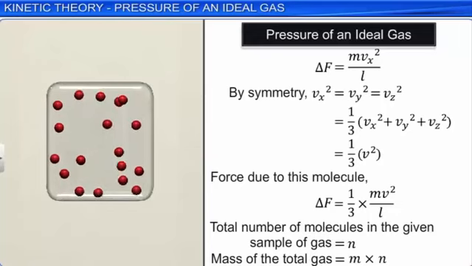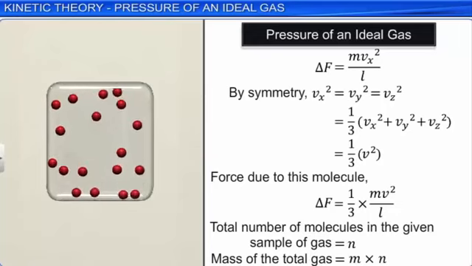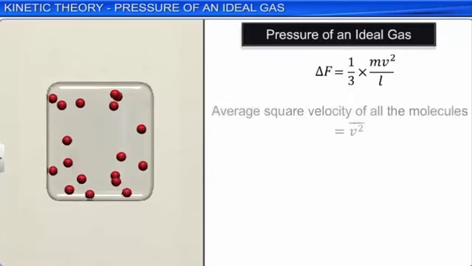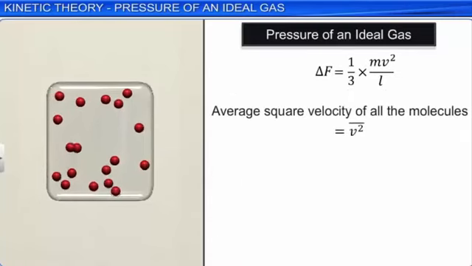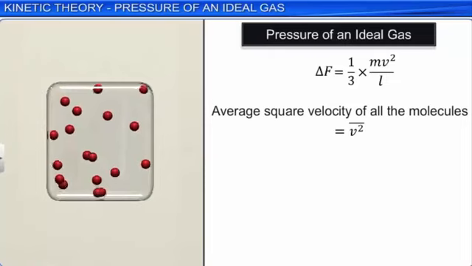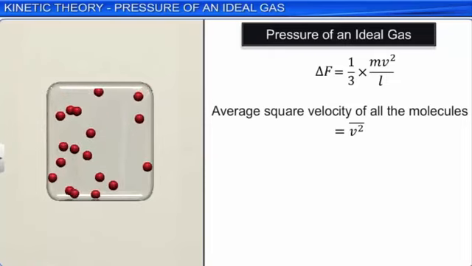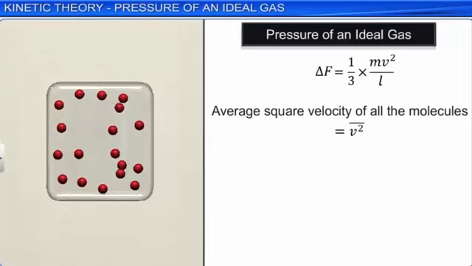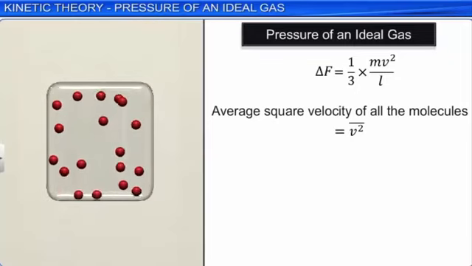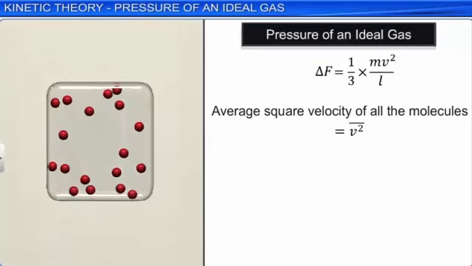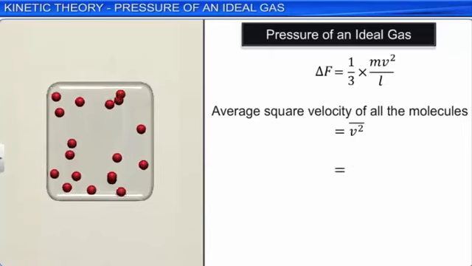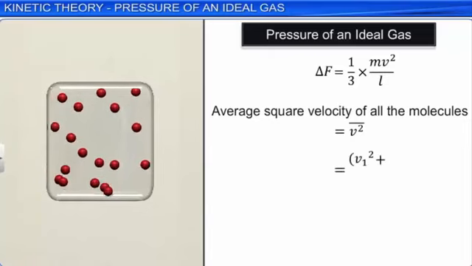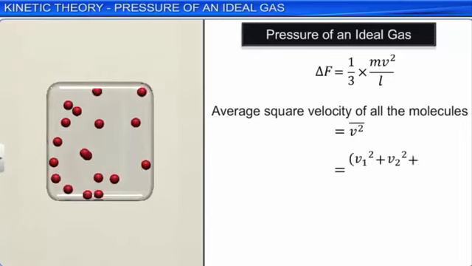The average square velocity of all the molecules of the gas is equal to the sum of the square of the velocities of individual molecules divided by the total number of molecules, that is, V square bar is equal to V1 square plus V2 square plus so on plus Vn square the whole by n, which is equal to sigma